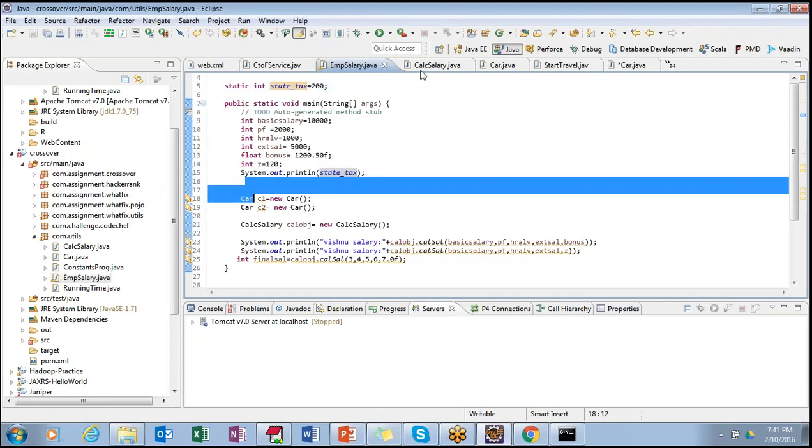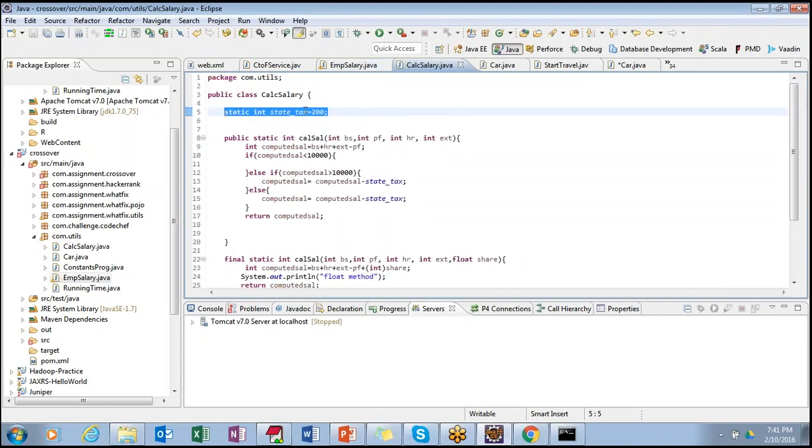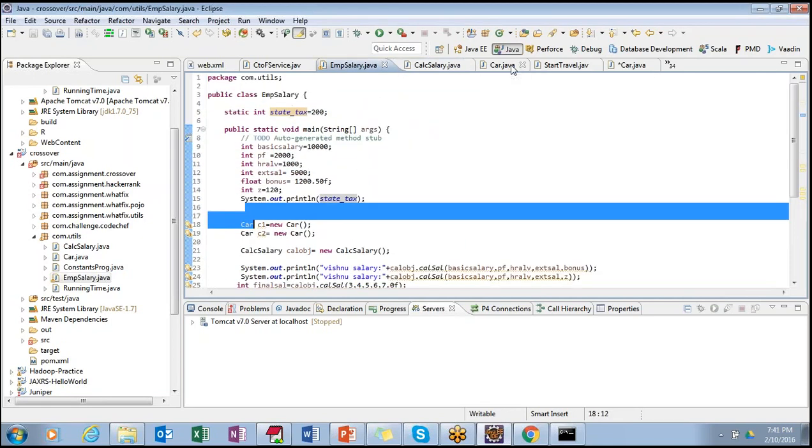In this case also I have static 200, I never passed it into this method, I just directly use it. So every time it computes by subtracting 200. Got it? Yeah.